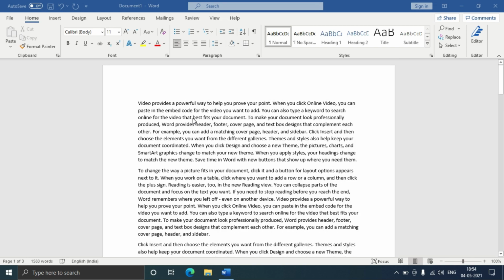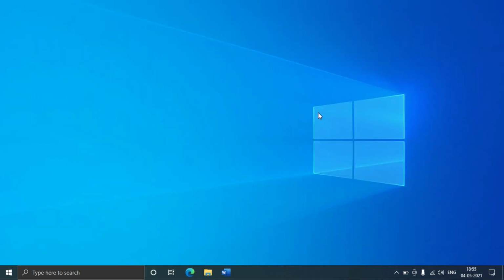So these gestures are very intuitive. You get used to them if you use them for some time. So that's very easy. You won't have to go to the scroll bar and double click and then scroll it. You just have to put 2 fingers on the touchpad and just swipe up or down to scroll the document. So that was about 2 finger swipe gestures.